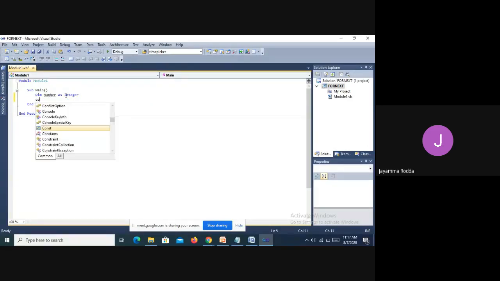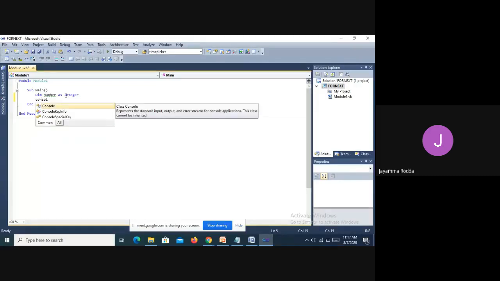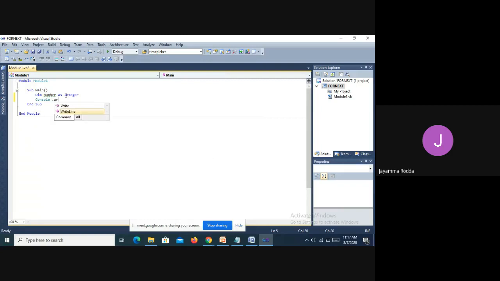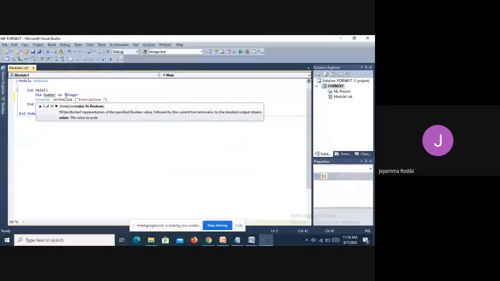Then Console.WriteLine, an output statement. It's a simple program, I'm telling you: iteration using for next statements.